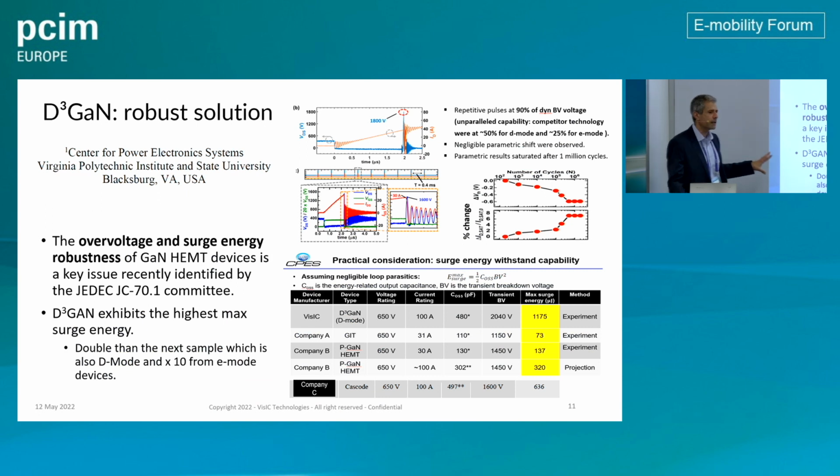And here we can see a comparison done by CPES between the different gallium nitride technologies. You can see here VisIC and additional companies, which I didn't write the names of, but I believe that a few of them are E-mode technology, and company C is already a D-mode company. So an important thing to think about is the breakdown voltage of the solution, and you can see that D-mode technology is superior to E-mode technology in breakdown voltage, which is important in order to support spikes in high current, high voltage